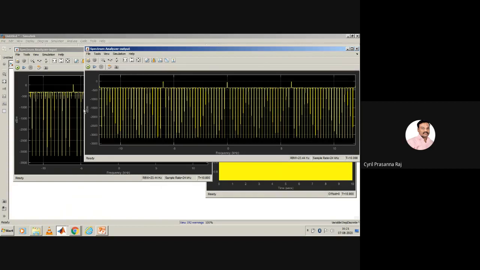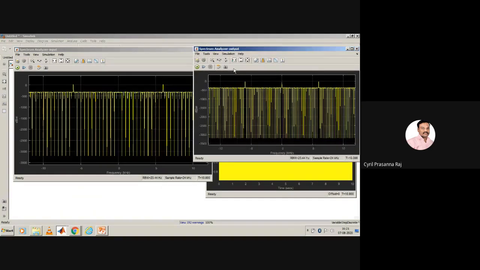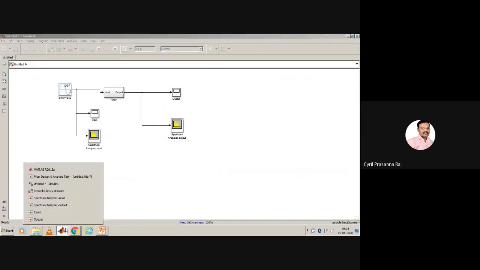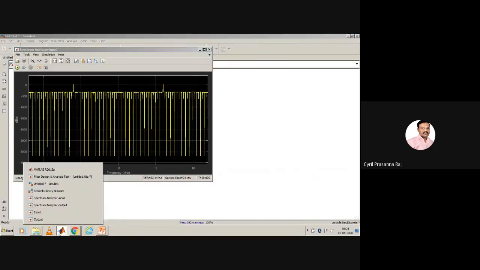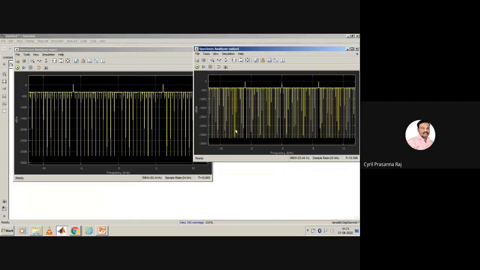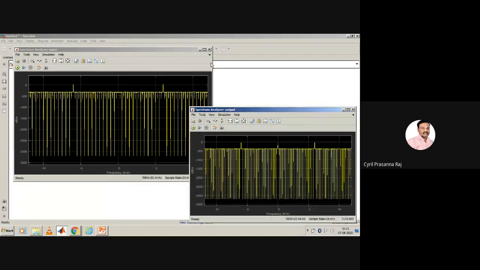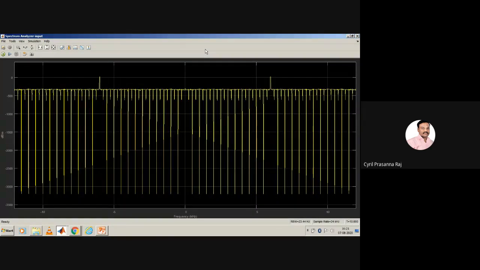Now you find that there is a small difference between the spectrums, input and output. Now in this input spectrum, at 6 kilohertz, it has a peak, indicating that the input signal is 6 kilohertz. Again, at 6 kilohertz it has a peak, and that peak value is approximately 0 dB. 0 dB means your gain is good.